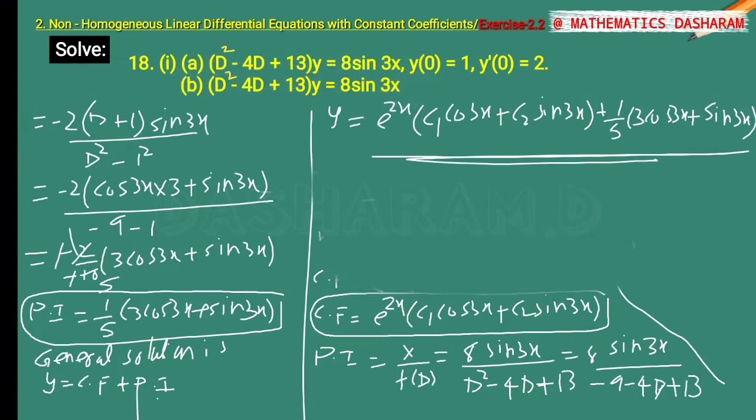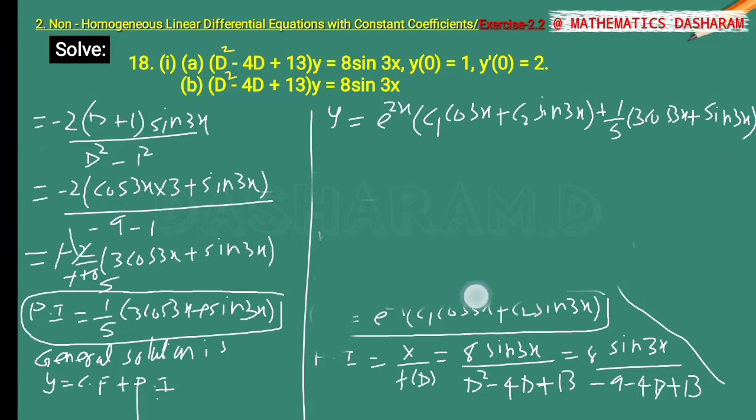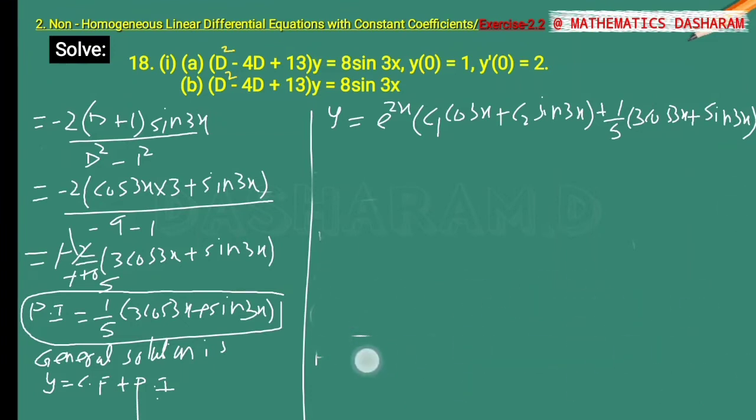But in the A question, two conditions were given, y of 0 and y dash of 0. Using these two conditions you have to find the constants c1 and c2. So, given that y of 0 equals 1, which means x equals 0, then y equals 1. So 1 equals,